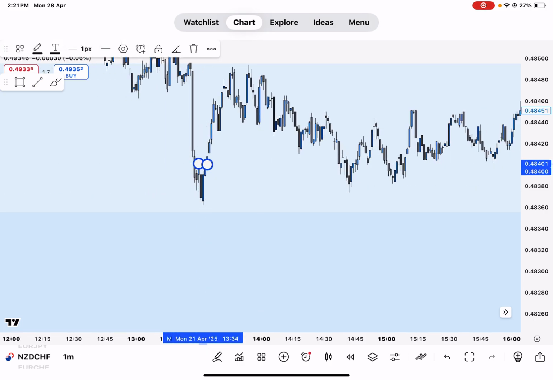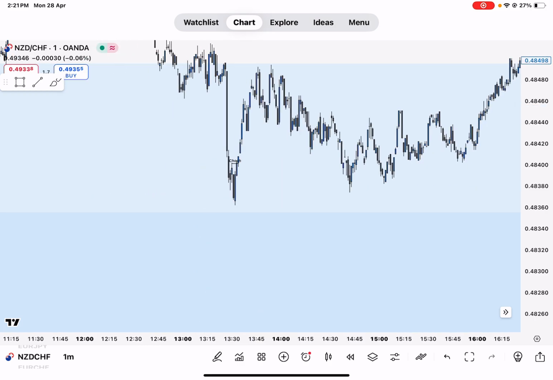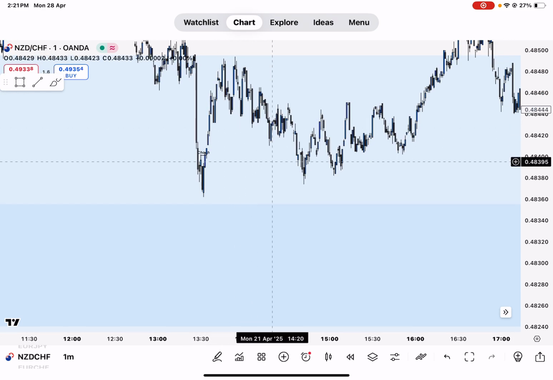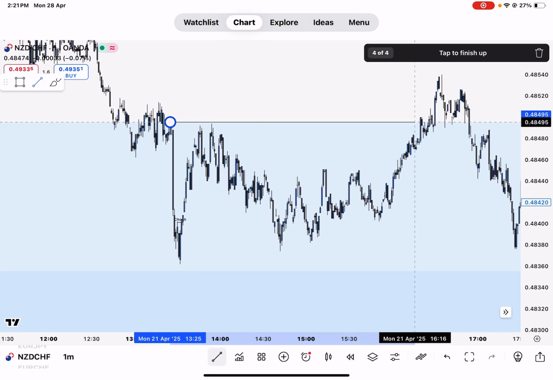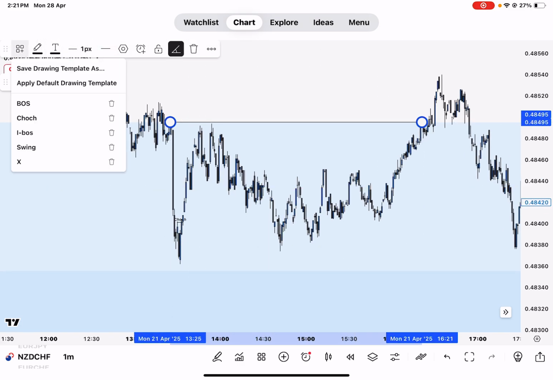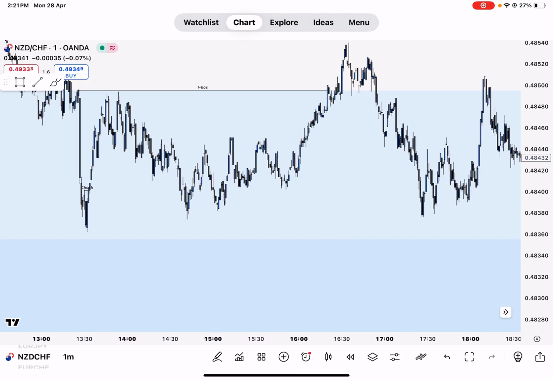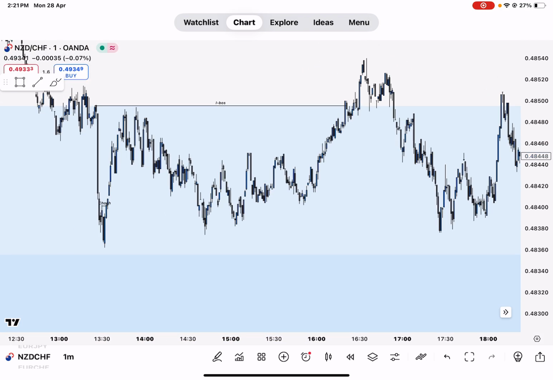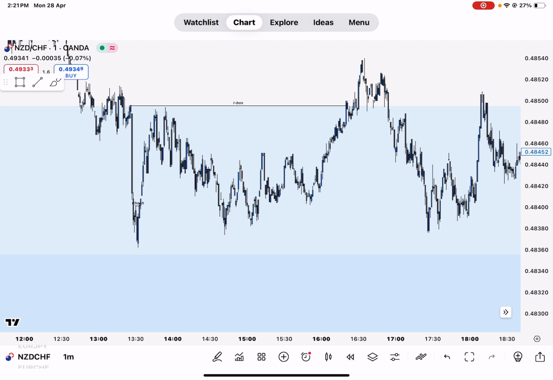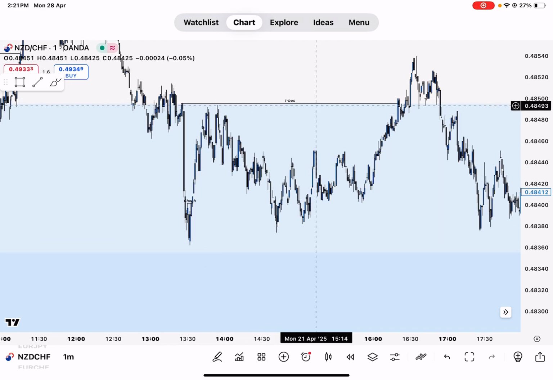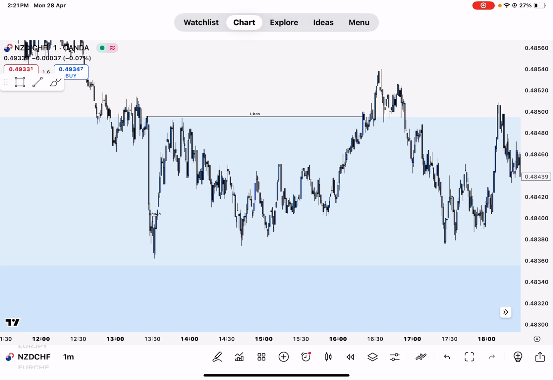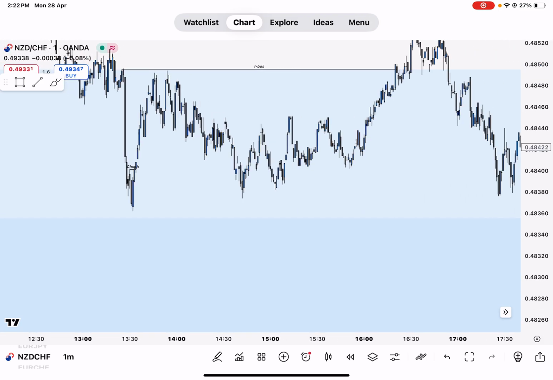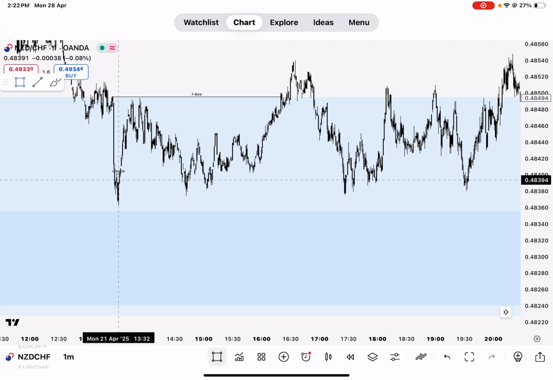So here what I see is a change of character, and then again inducement was building over here, the liquidity, but I still do not see a break of structure. Here what I see is a break of structure, this is the internal break of structure. When price has an internal break of structure, then it will be more validated. Right now price is in the range from here to here, we don't know anything. Right after the IBOS happens and change of character happens, we get a confirmation, so we can mark the zone out. Like we can mark this zone,